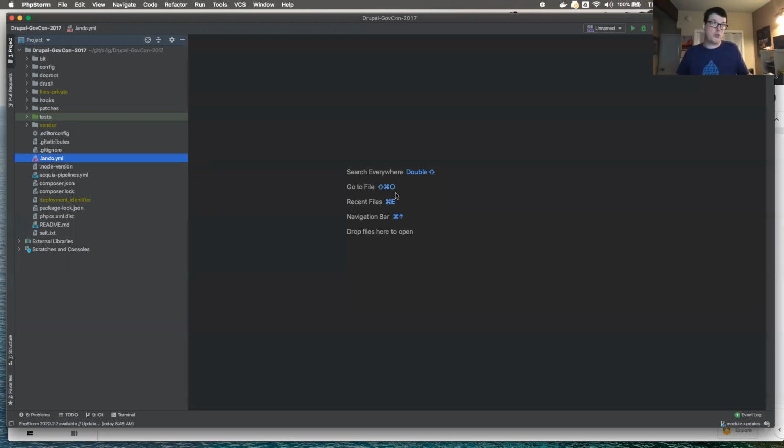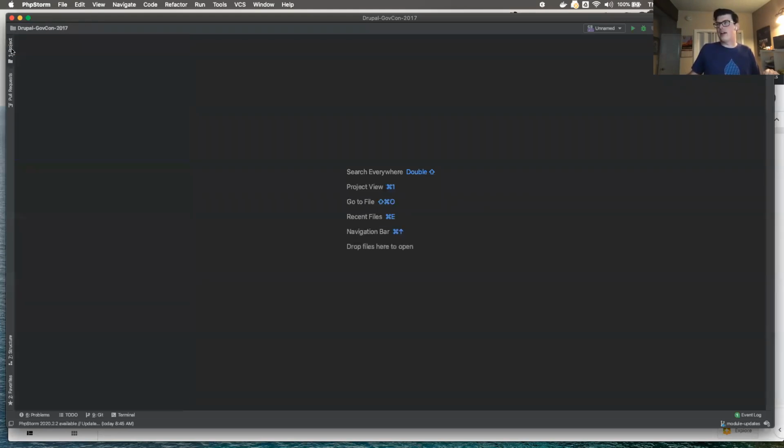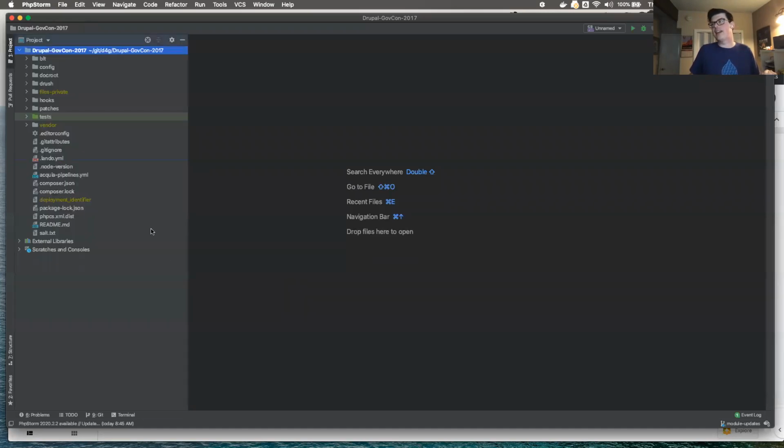You could actually go clone this code today and do everything we're about to do. So please do check it out. First thing I want to draw your attention to over here on the left is our project Explorer, and you can toggle that to get it out of the way should you choose.